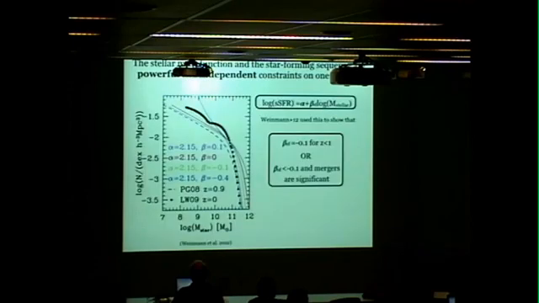Okay? The stellar mass function and the star-forming sequence can be used to put powerful constraints on one another. That's because, to first order, they're a sort of derivative-integral pair. The stellar mass function grows to first order primarily through star formation. And so people have examined this in the past, and this is a plot from Simone Weinmann's paper in 2012,